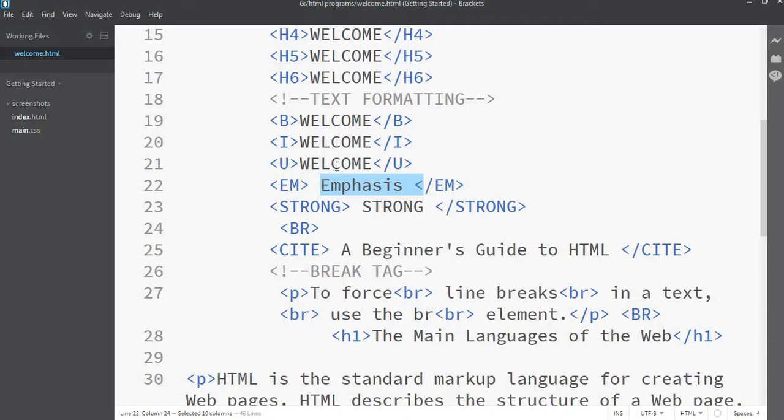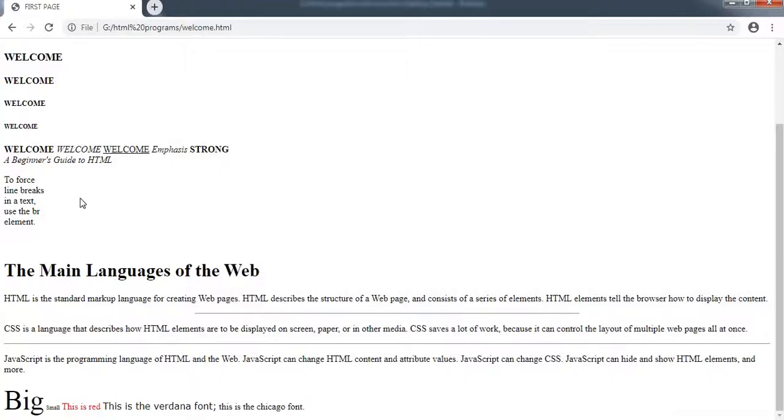Bold and strong work the same. Here I am not using any BR, so it will print bold, italic, underline in a single line. Let me show you. See here, it is bold, italic, underline, then emphasis is like your italic, and strong is like bold.